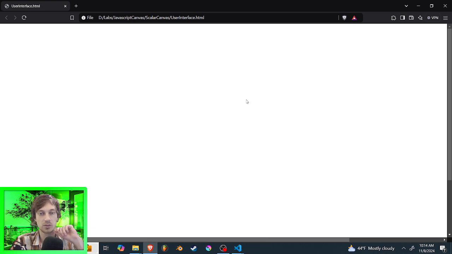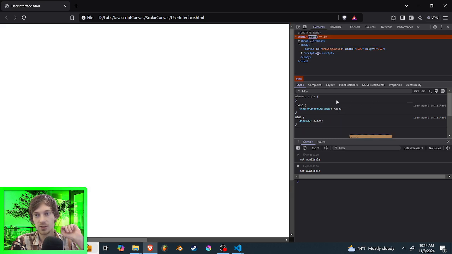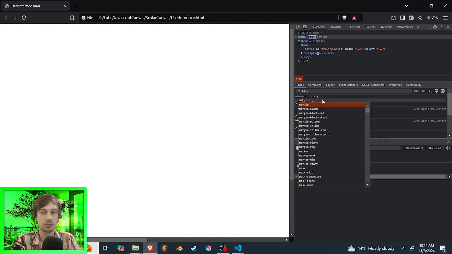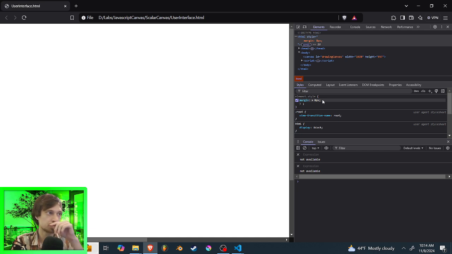As you can see, we don't really want that. We do want it to be full screen, but we don't really want scroll bars. So we can tinker in here. So the first couple things, I think what we need inside of the index.html is we'll need to assign margin to 0, and we can do it here, and then copy it over if we want. And then padding 0,